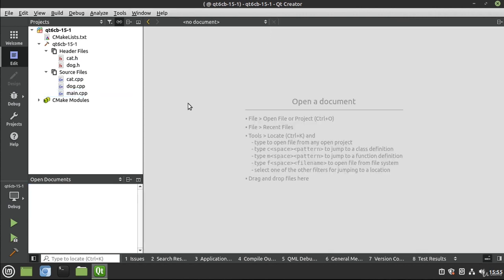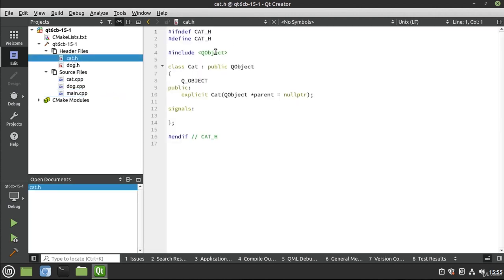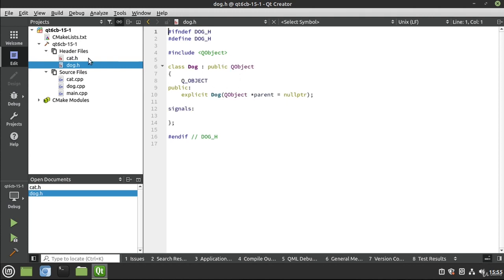All right, we've got two objects. We've got cat and dog, and they're just standard Qt objects. We've done nothing to them. So in our dog, we're going to go ahead and add a signal. I'm going to say void bark because, well, dogs have a tendency to bark. And then we're going to add in